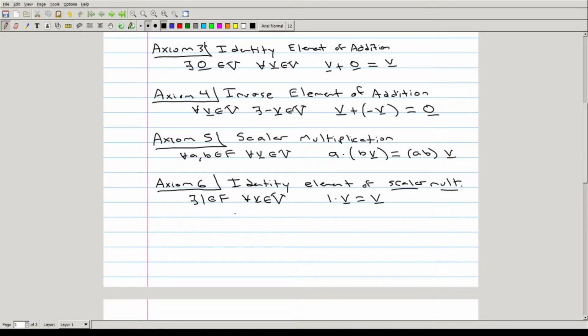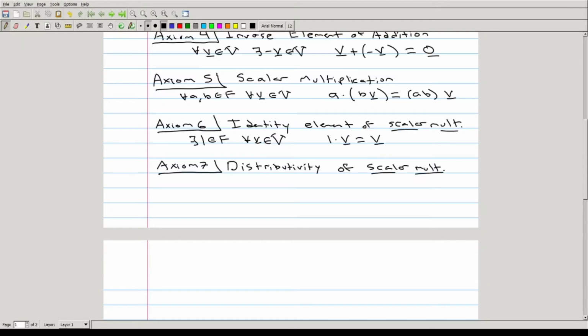So the first, we have axiom 7, which is in regards to distributivity of scalar multiplication with respect to vector addition,